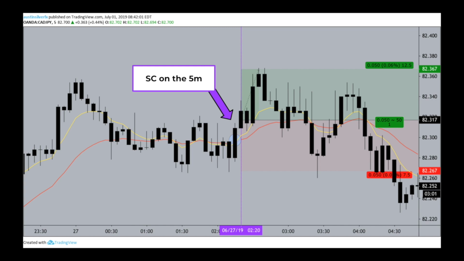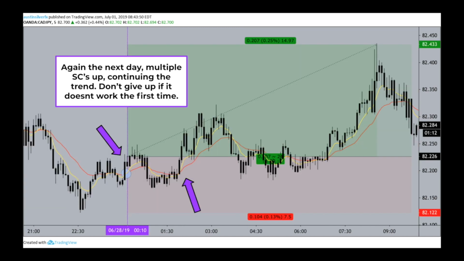Anything like that, it's not going to be a volatile pair. It's not going to pay you the way you want to get paid. Now here, it gets a little bit more interesting because if you hold the long bias on CAD JPY, we